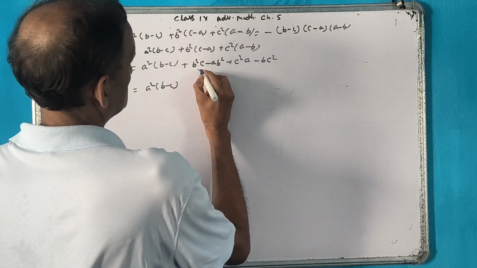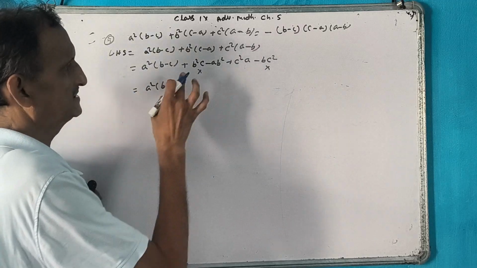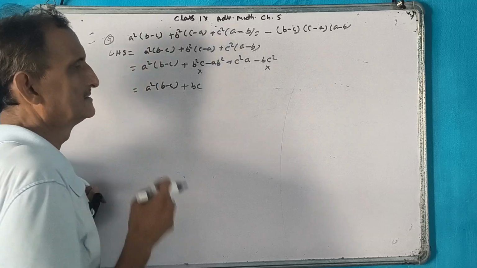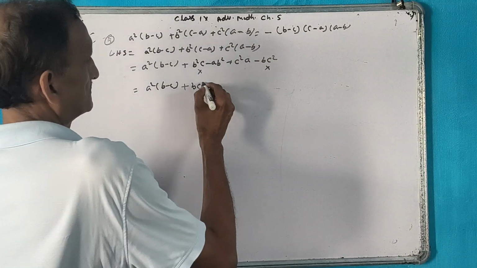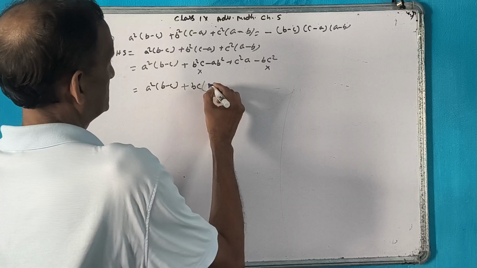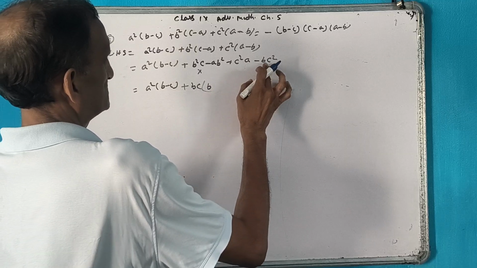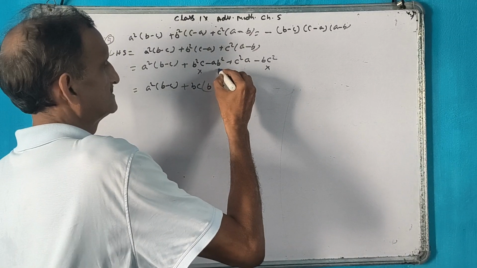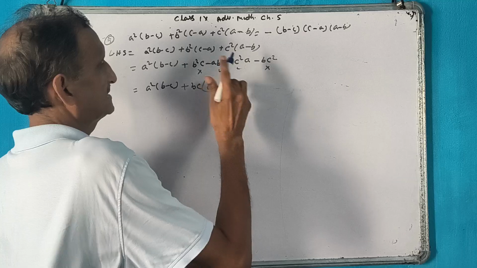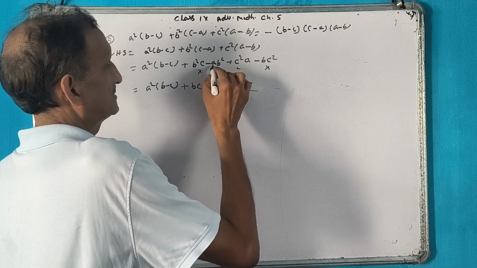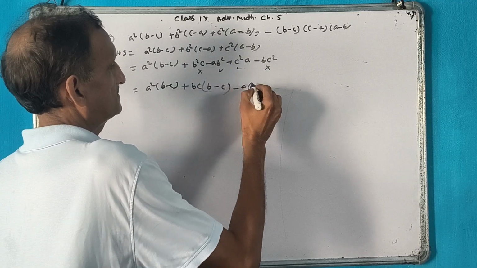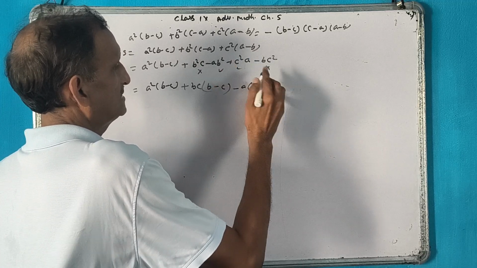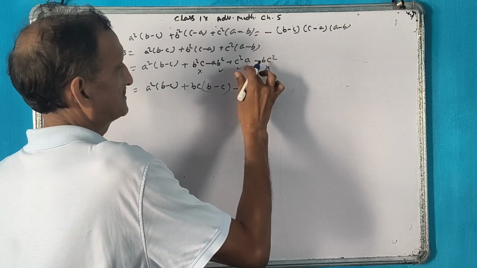Can you say from these two what is common? BC very clearly is common, plus BC. Now give importance to the sign also. From here BC is out, what is left here? B, and from here BC is out, what is left here? Minus C. Okay, can you see from these two terms what is common? Minus A. Minus A is common. Then we will take out minus A from here. What is left here? B square. And be careful, minus A taken common, the sign of C will change. C square, because A is already common.